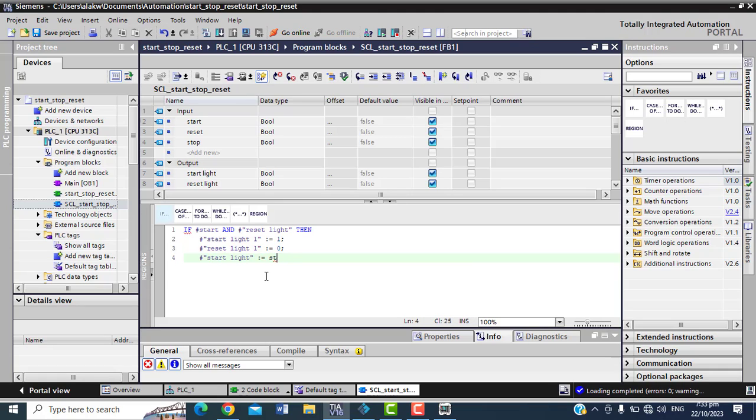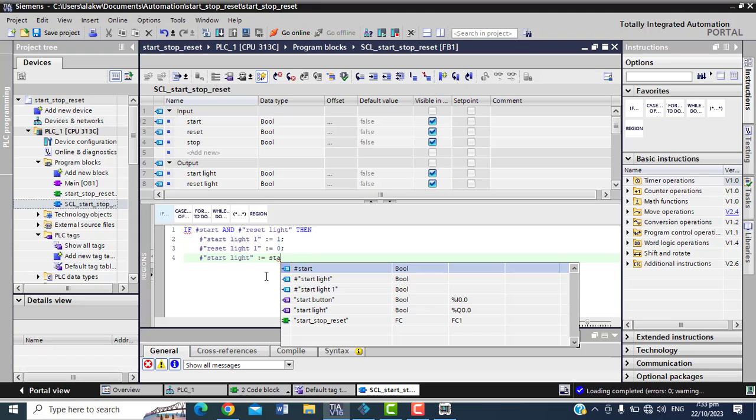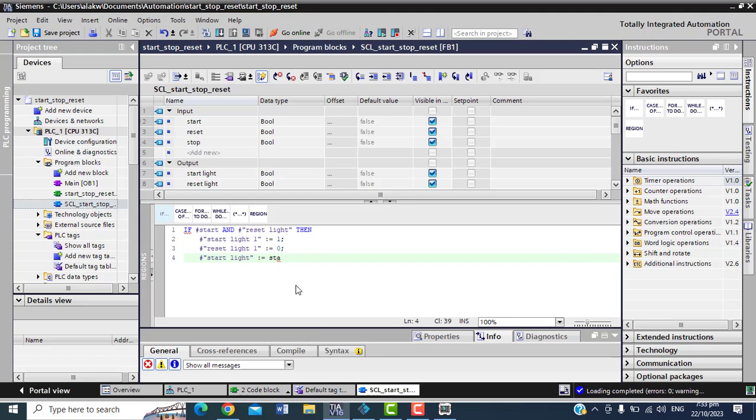So now be equal to my start light 1. And my start light 1 here is equal to 1. Somebody will say, bros, why don't you just carry this one and put it for this start light instead of all this long way of doing it? If I do it like that, it will not give me what I am looking for, because this start light 1, remember, is my static variable. It is going to hold this thing for me. If I just do it like this, it will not really give me the kind of thing they look for. So if you try it by yourself, you will see later.